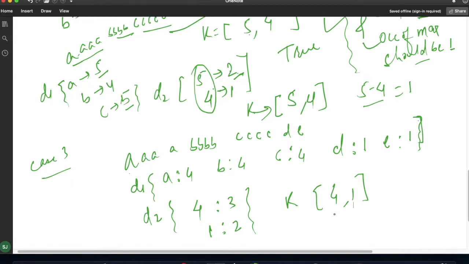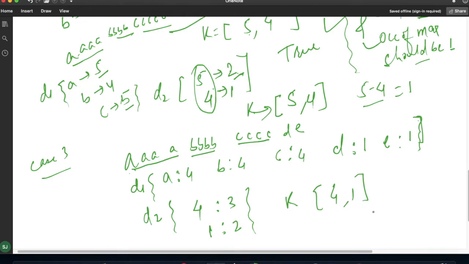Now my checking is, suppose only one character was present. Suppose this was my string in which A has occurred 4 times, B 4 times, C 4 times. If only D was present, then we would have easily removed D, so that the occurrences of A, B and C will be equal to 4. Now here D and E are present, so we have to check whether the minimum value is 1.